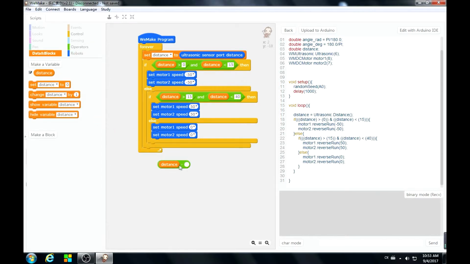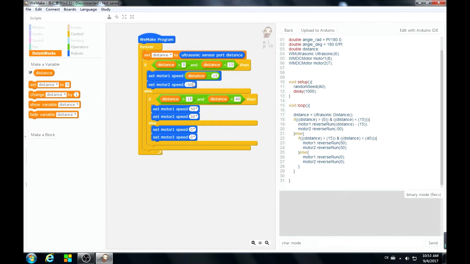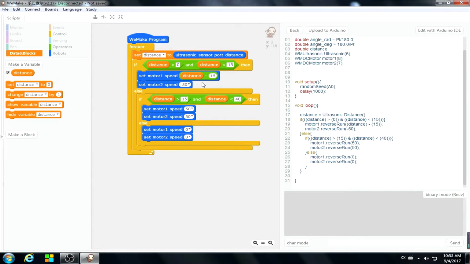If distance minus 15, and that is our target distance, if we put the module at this position, you can say, for example, the distance is 1 centimeter, then 1 centimeter minus 15 centimeters is minus 14, and the speed is minus 14. But the distance from the obstacle is so small. In other words, the Qbot needs to move backwards at a faster speed. But minus 14 is so slow, so we can change the speed